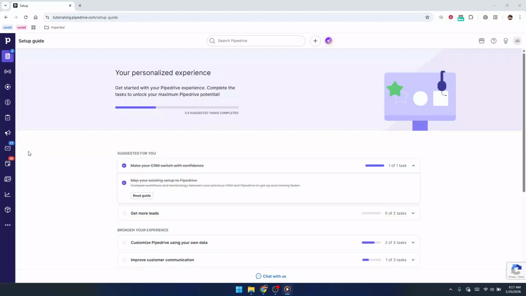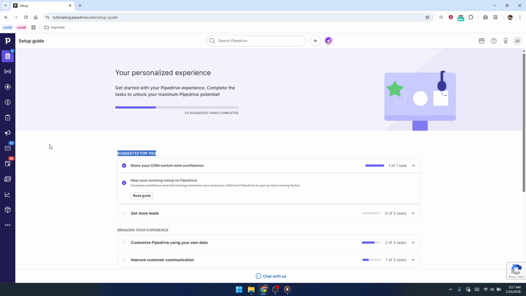In today's video, I'm going to teach you how to edit admin user permissions in Pipedrive. By the end of this walkthrough, you'll know exactly where to go and what to click to safely update what your admins can and can't do inside your account. First, make sure you're logged in to your Pipedrive account with an admin profile because only admins can change permission